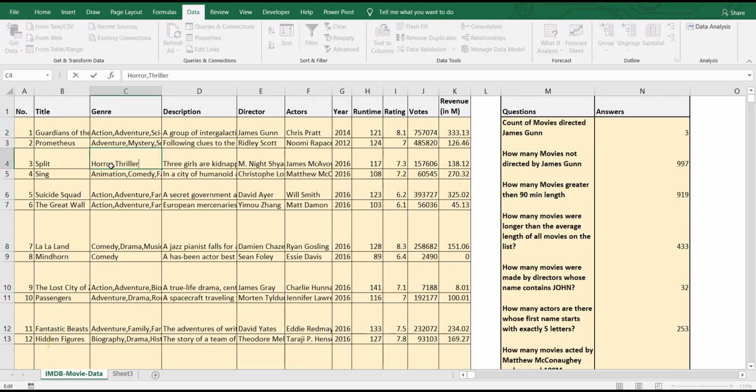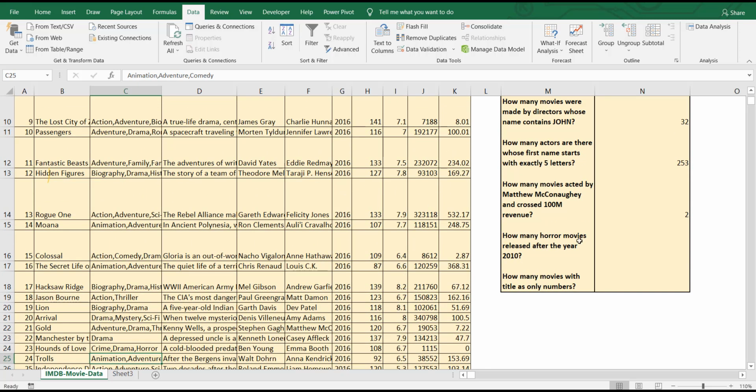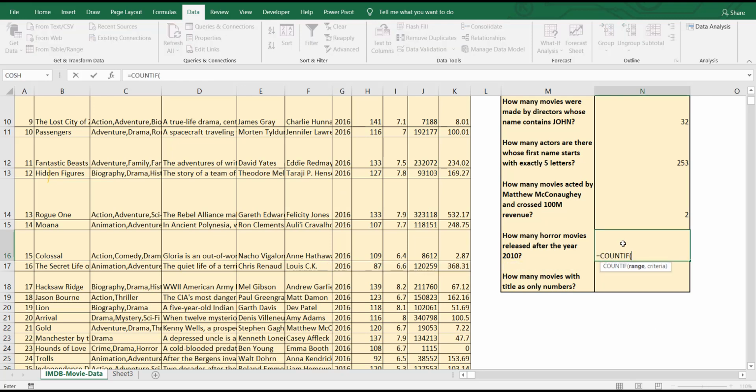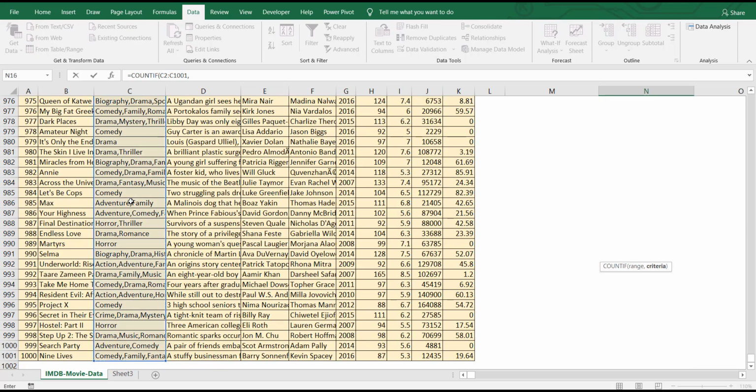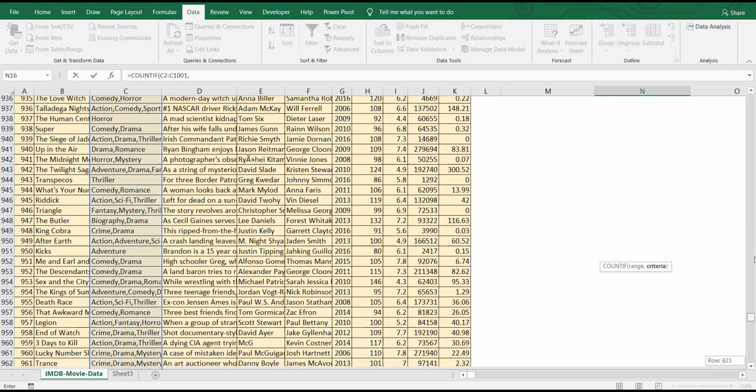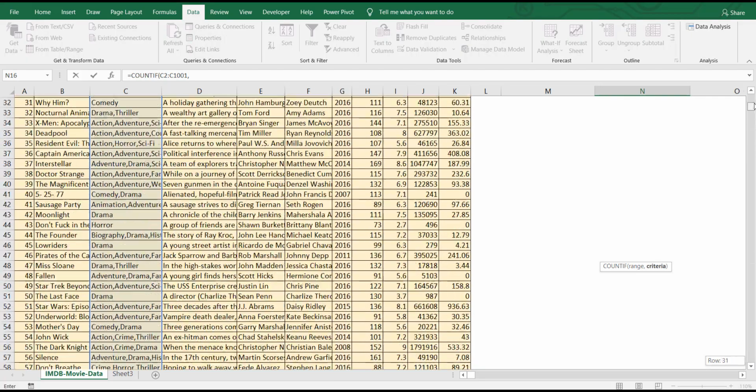So now we need to find out those cells which contain horror, and those movies released after 2010. Like count if, range. The first range is genre, comma, which contains horror, right? Which contains. So what we need to do?